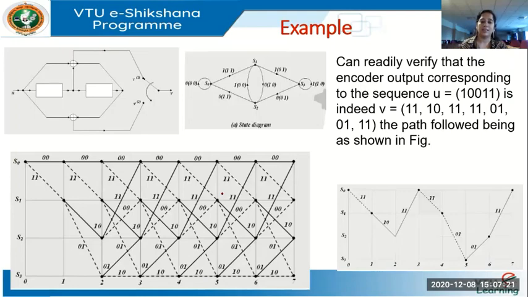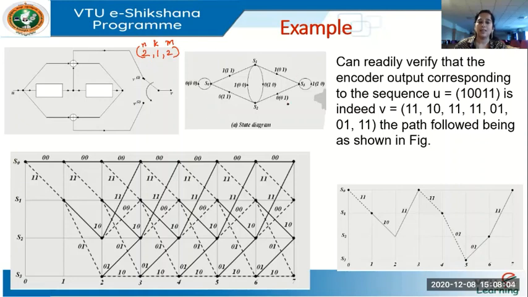We can see an example encoder circuit here. This, as you can see, is a 2, 1, 2 encoder. 2 bits in the code output, 2 modulo 2 adders, both represent this value n, and 1 input bit at a time k, and 2 flip-flops in the memory shift register, which is also m. So it is a 2, 1, 2 convolutional encoder. And the same thing we had already considered when we took up the state diagram.